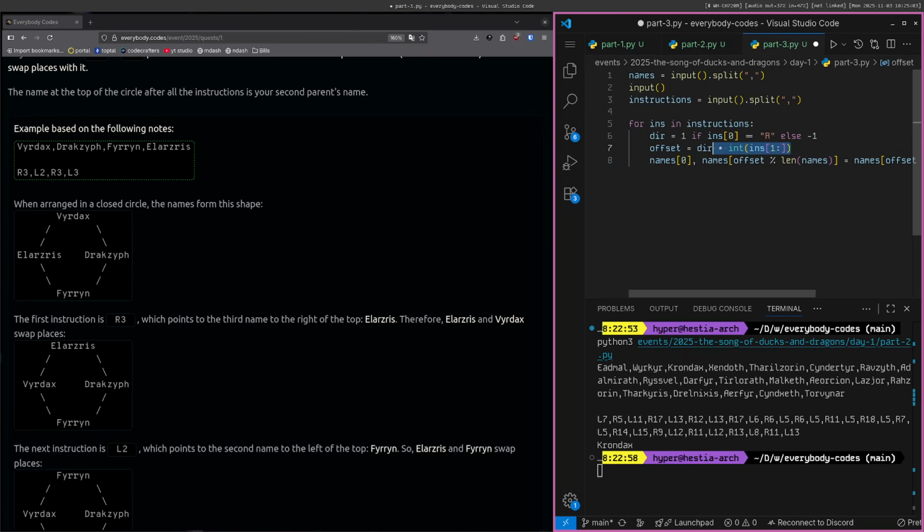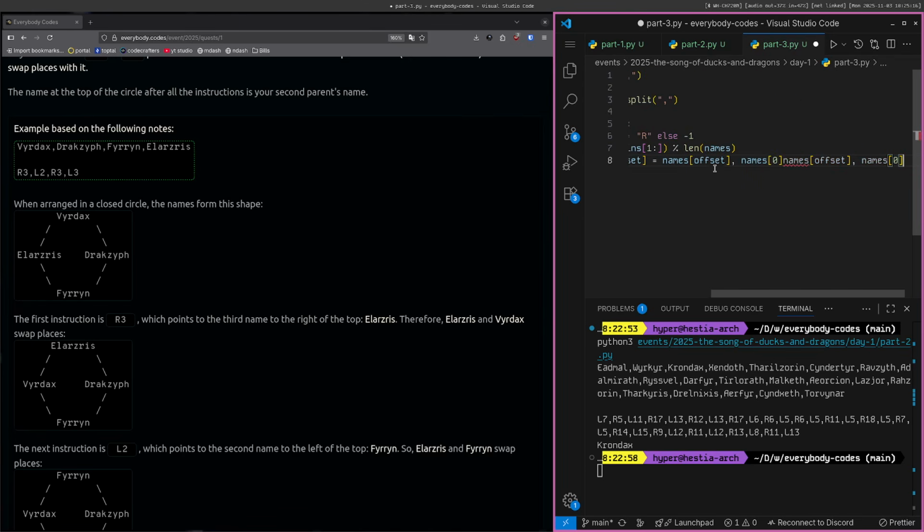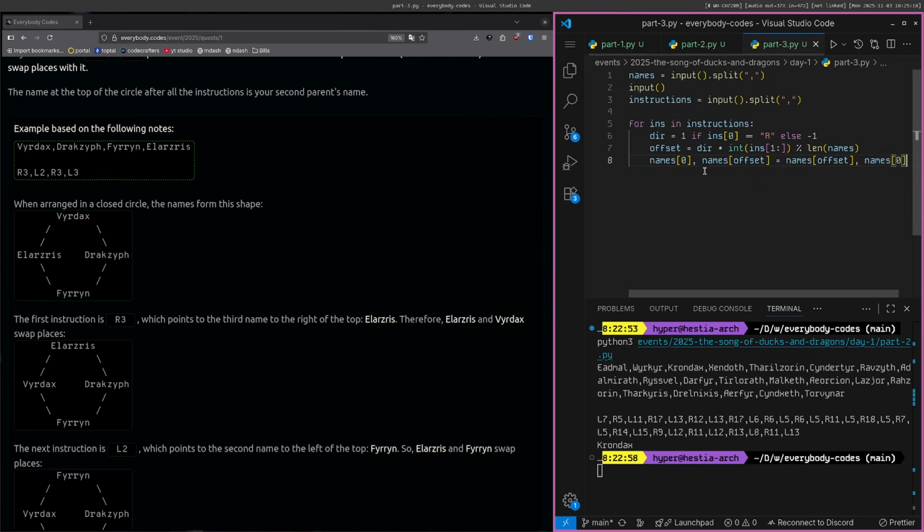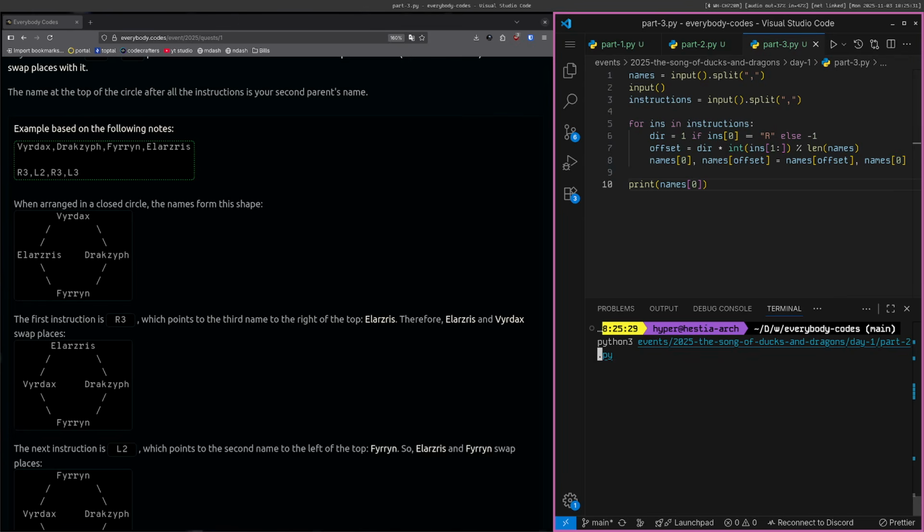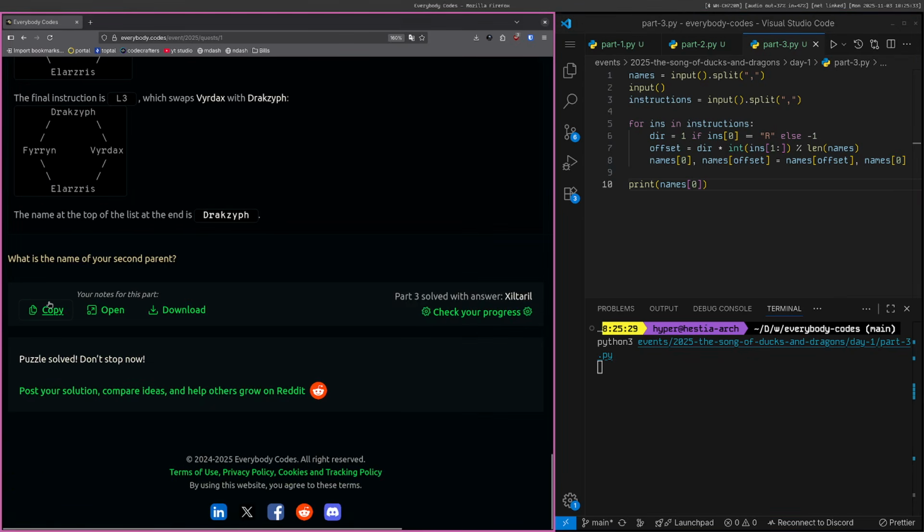Or if we want to save a bit of space here, we can do the modulo here. So we can just do names 0 and names offset equals names offset and names 0. And so this switches the top of the ring with the name at the offset. And then finally we just want to print the name at the top, so we just print the first element of our names list. And so running that for part 3,